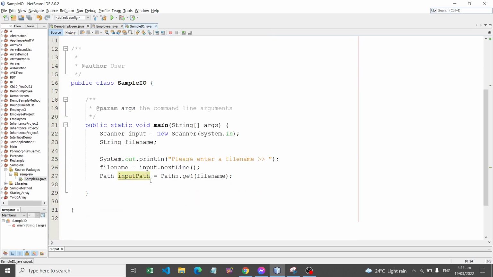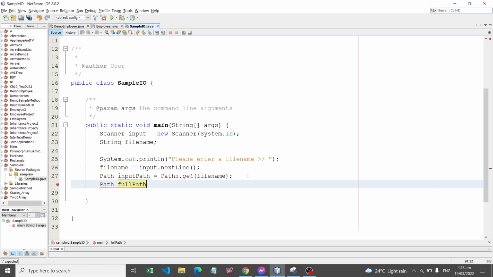Okay, then after declaring an object or instantiating an object of path, we need to convert the relative path to the absolute path. And for that, another object of path,